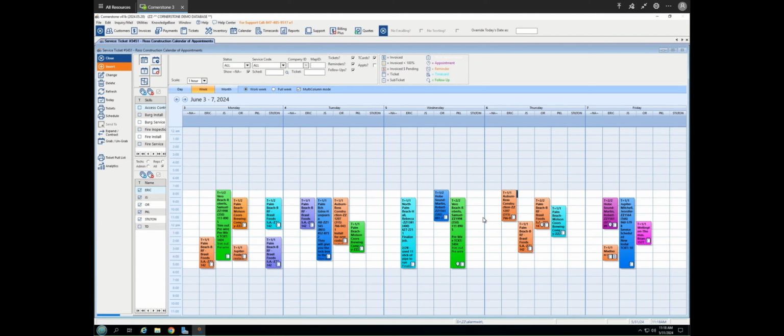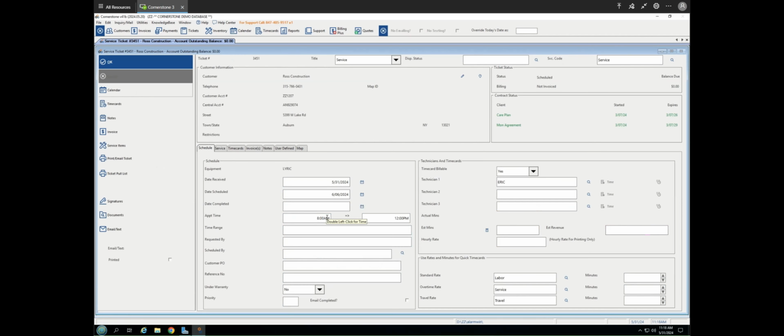From the dispatcher's perspective, this calendar provides a comprehensive overview of all your appointments, tickets, time cards, reminders, follow-ups, and more. You can filter these searches by day, week, or month, different types of service codes, skill sets, or even individual technicians. Now that we've assigned the technician, as we can see here, the 6th from 8 to 12, with technician 1 being Eric,